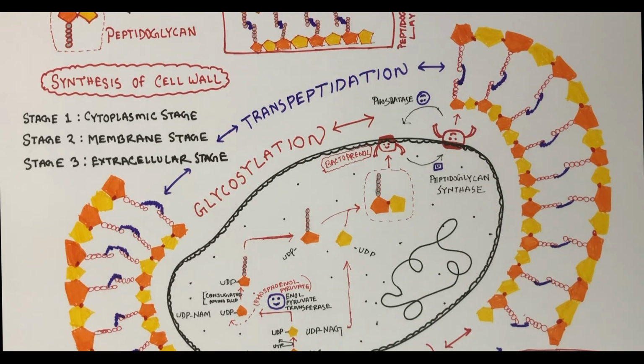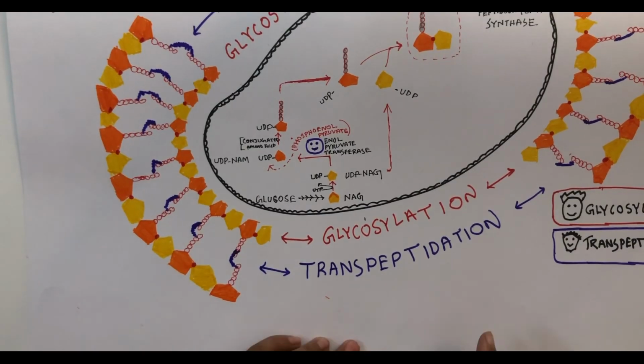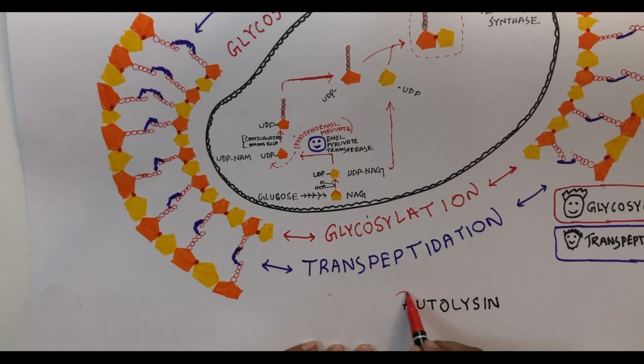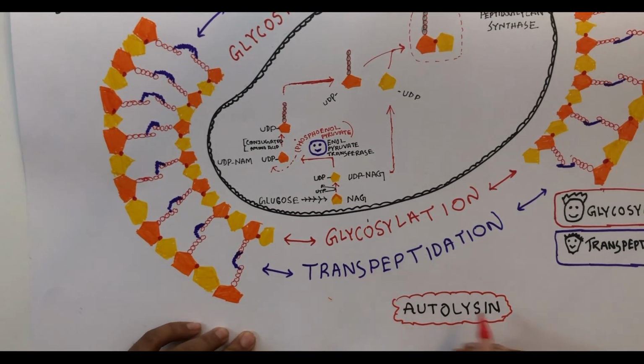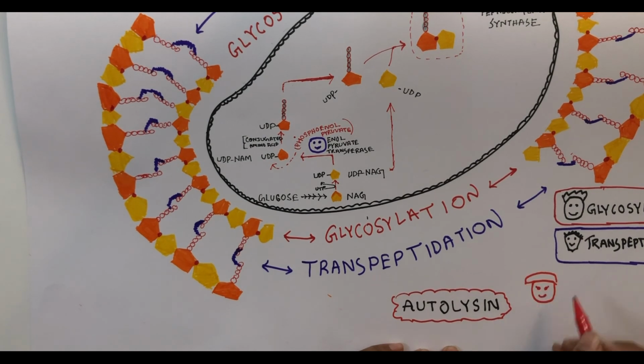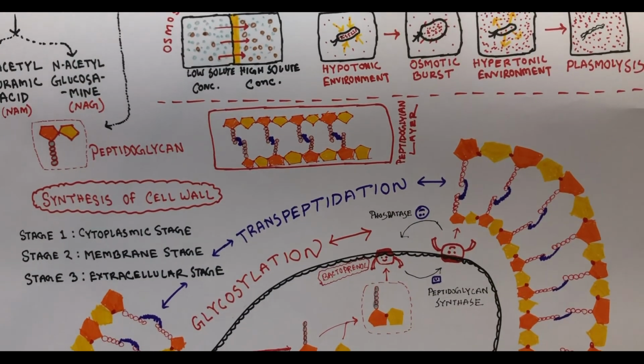So when enough cell wall is produced, the bacteria has an auto-mechanism system which blocks the further formation of cell wall. The autolysin enzyme is released from the bacterial cell that blocks the formation of cell wall and cuts the network of the peptidoglycan layer to make the bacteria look healthy and smarter. Bacteria is actually a very smart organism.